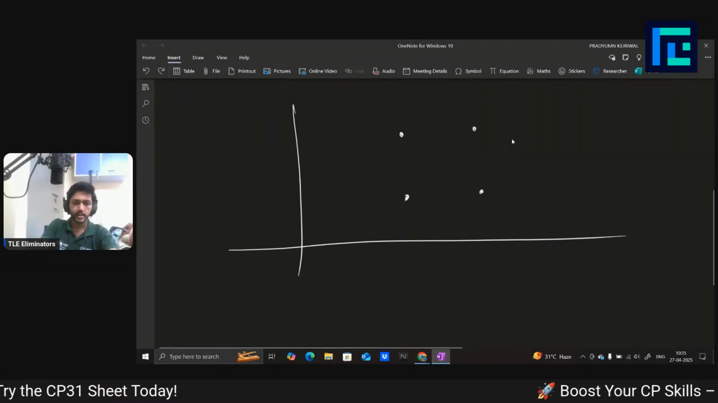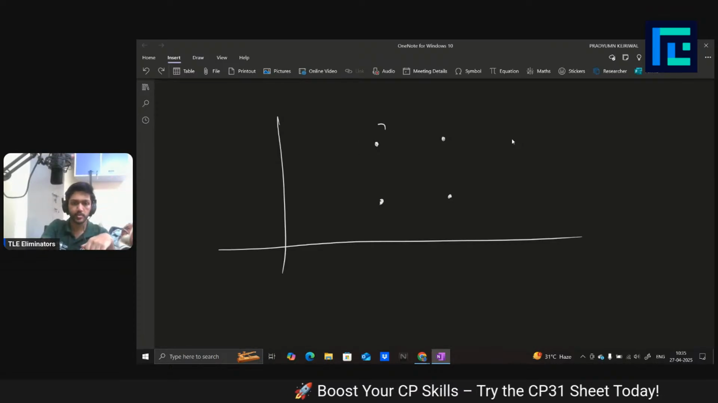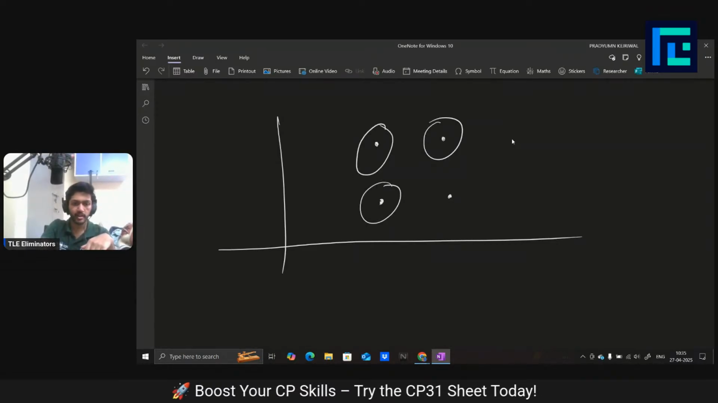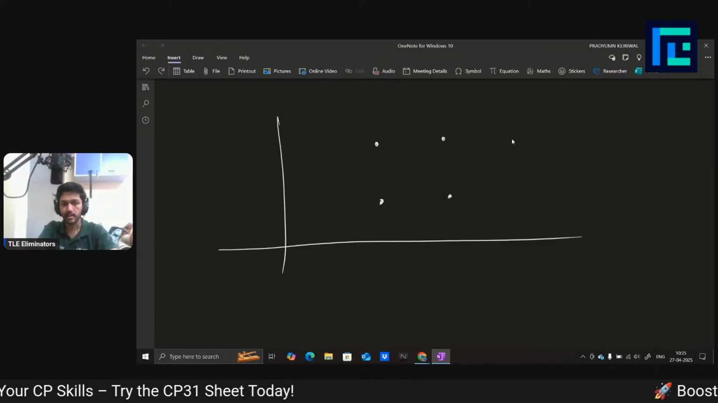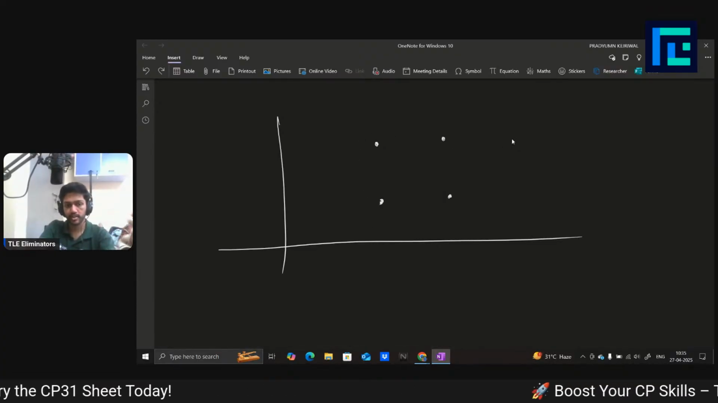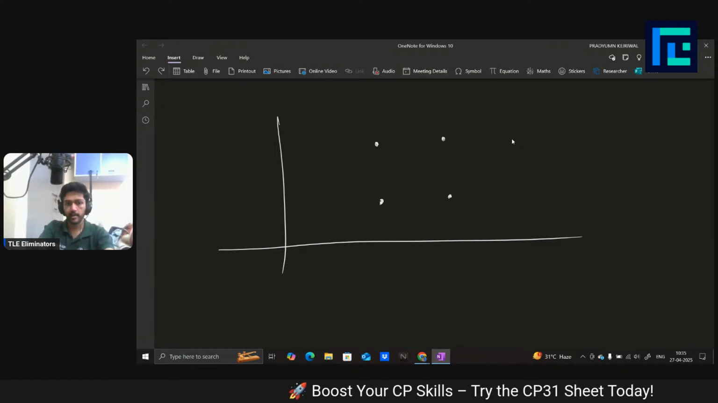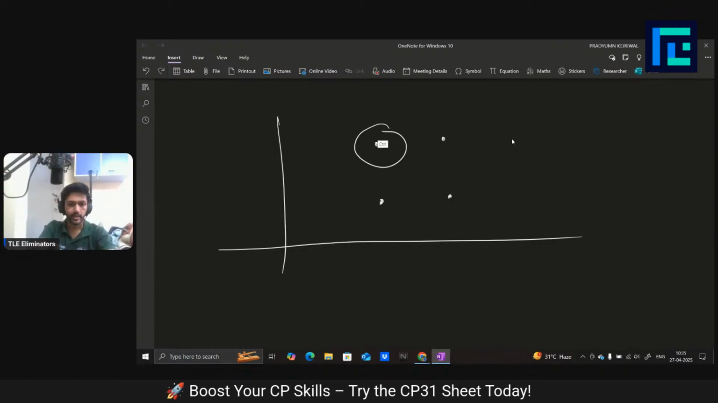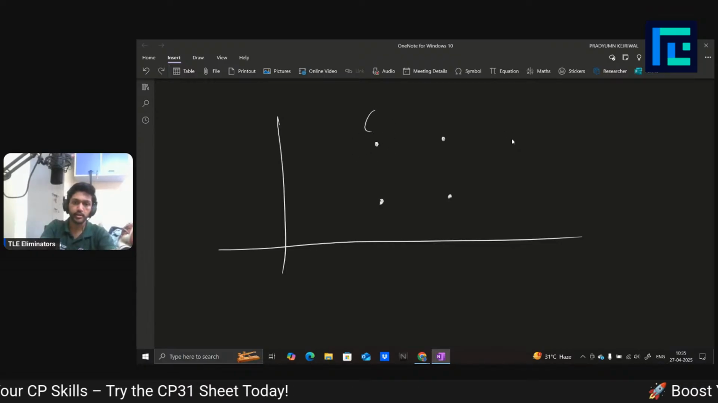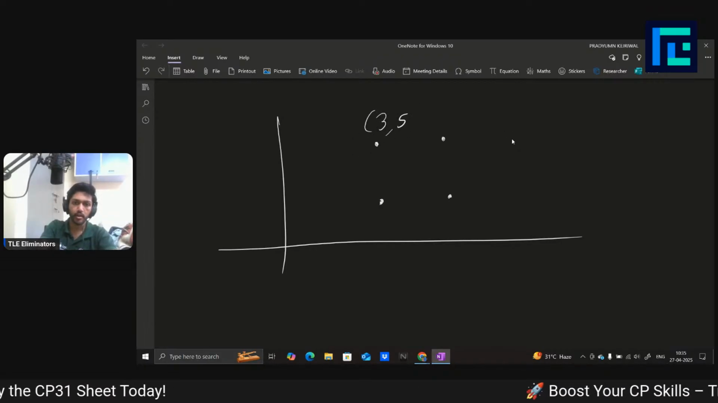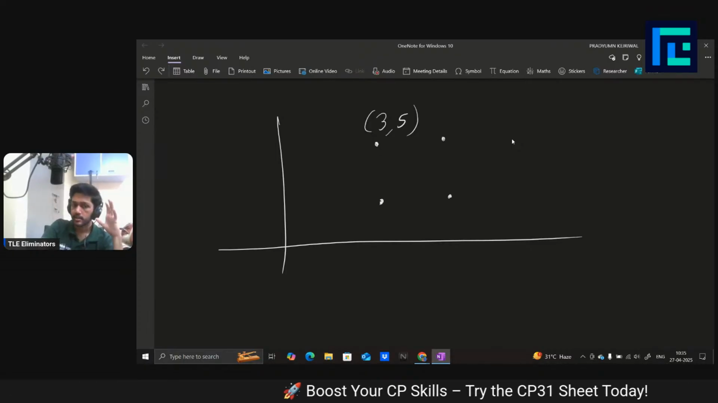So let's just iterate over all the buildings. You will check this building, this building, this building, and this building, and for every one of them, check whether it is covered or not. And if it is covered, then you'll just add it to your answer. Okay, and how do we check if it is covered? Let's say that this is at point 3 comma 5 or something. Okay, this is at 3 comma 5. So just check that,